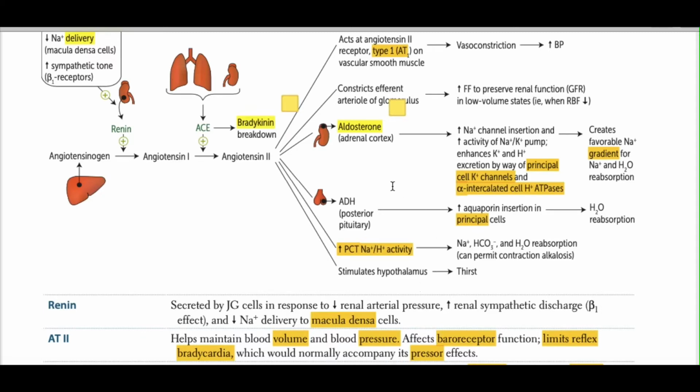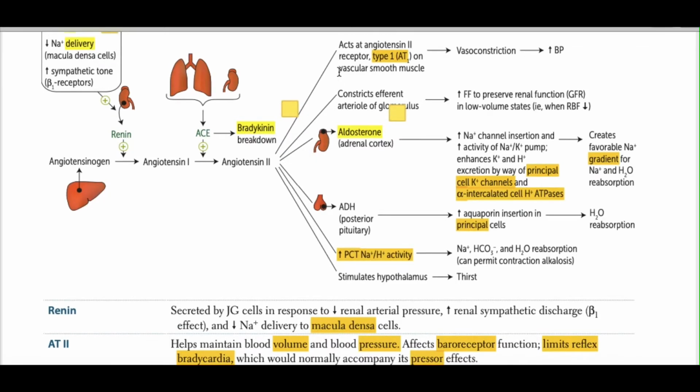So angiotensin 2 will act on angiotensin 2 receptors type 1 on vascular smooth muscles. These help in vasoconstriction, and when these vessels are constricted, the blood pressure will be increased because there is less space for the blood volume, so that is why there will be an